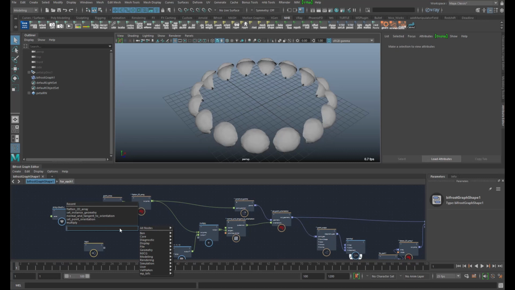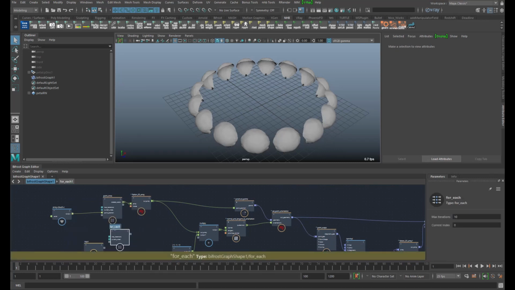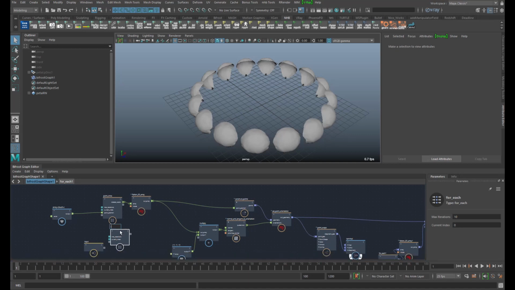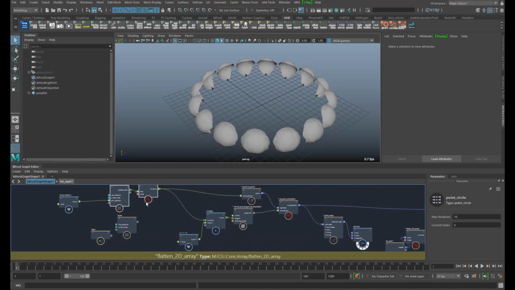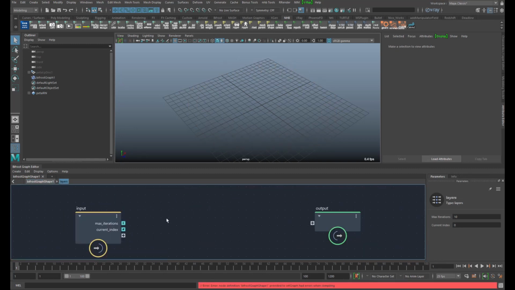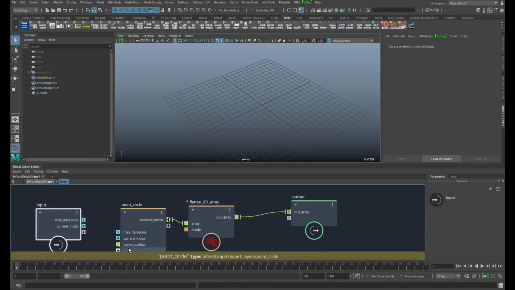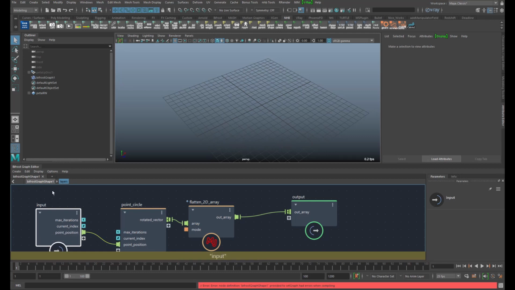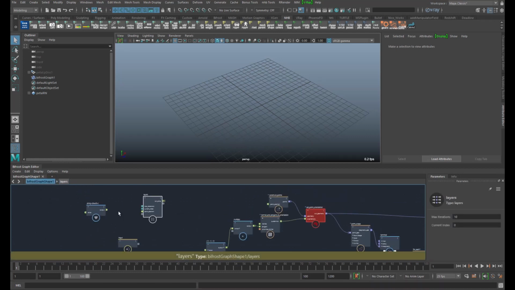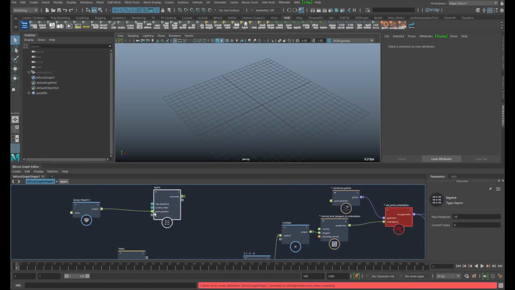And we're going to just put that into another for loop, which will make up our layers. So I'll put that in here. I'll put the points again, and as an input we still need our radius.